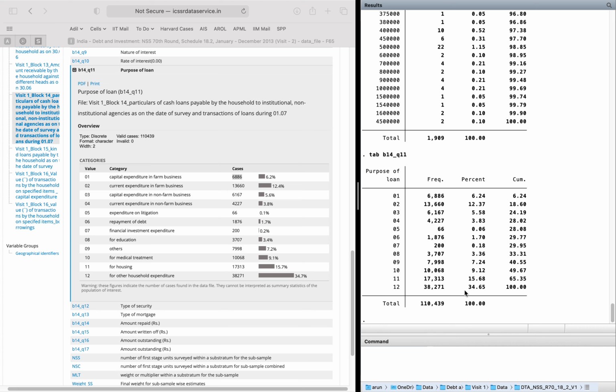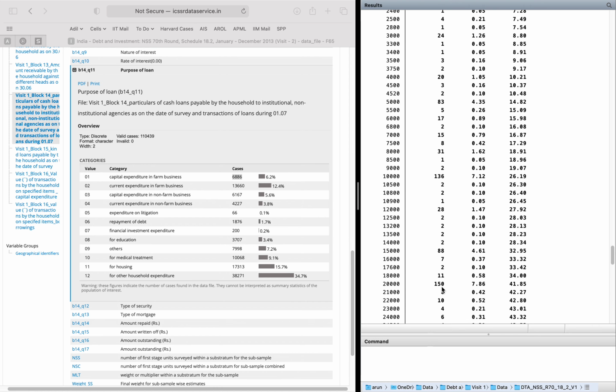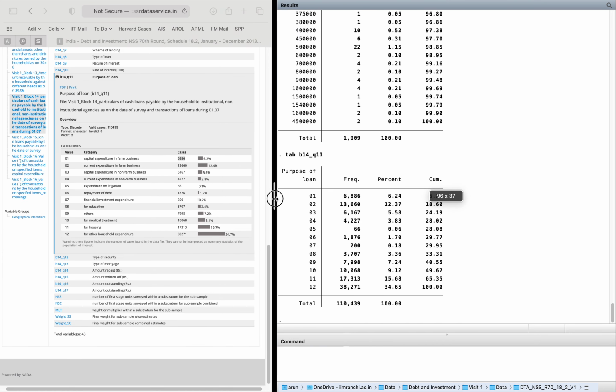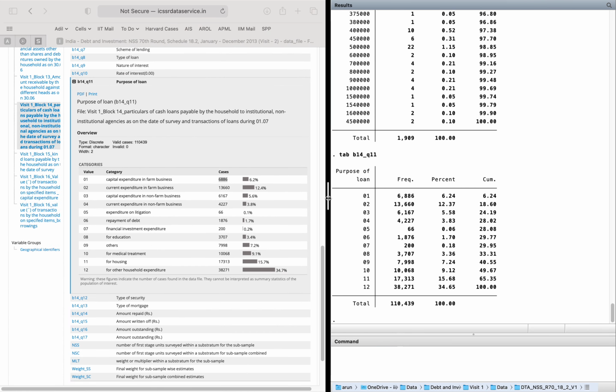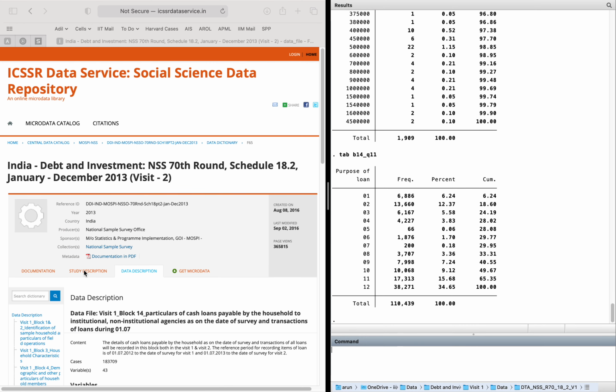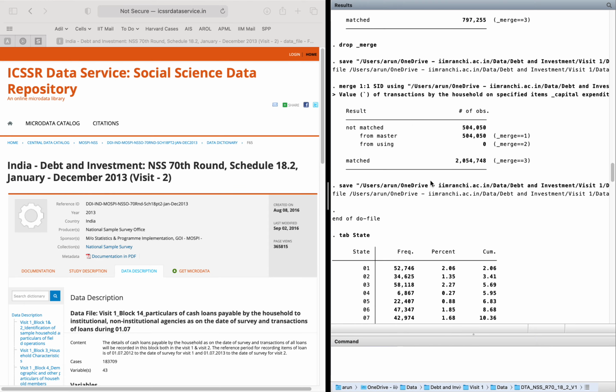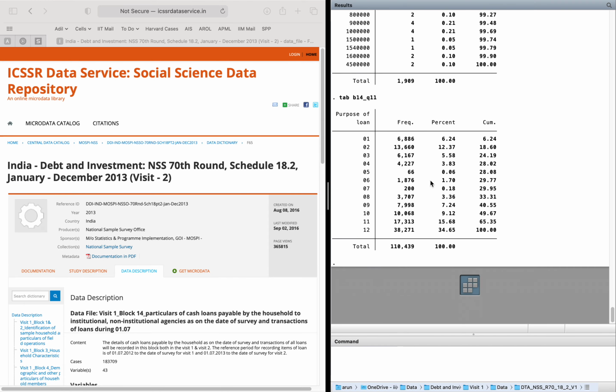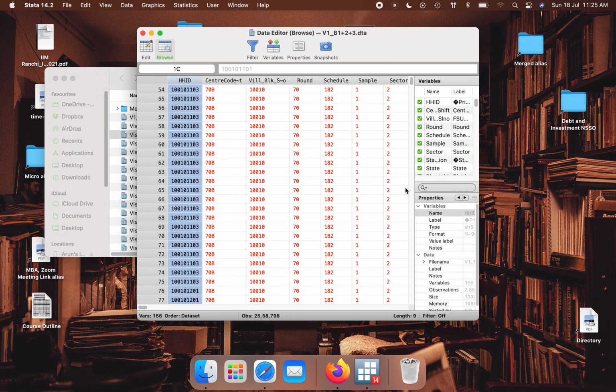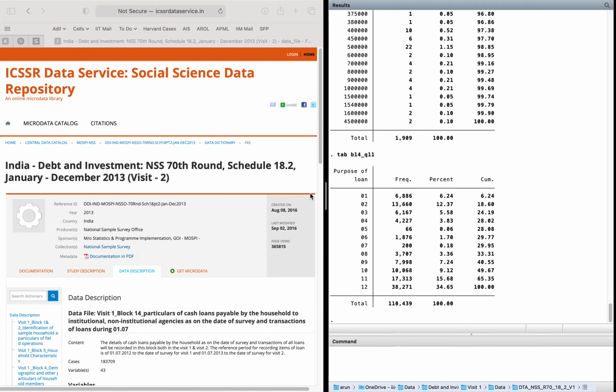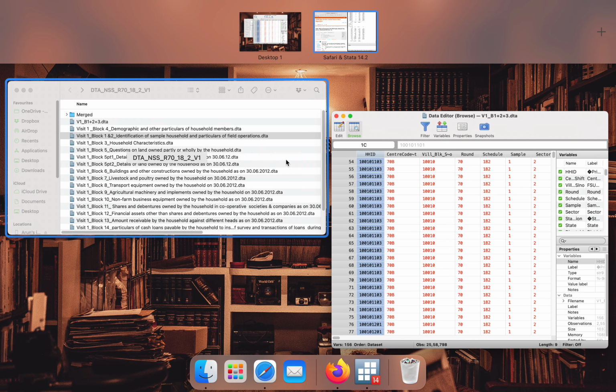In this way we can match all the information, and the data is perfectly extracted. The only thing we now need is to put the weight, so that the result you get matches what is in the report. So this was a short description of how you can extract the data by using the do file. So where is the do file?